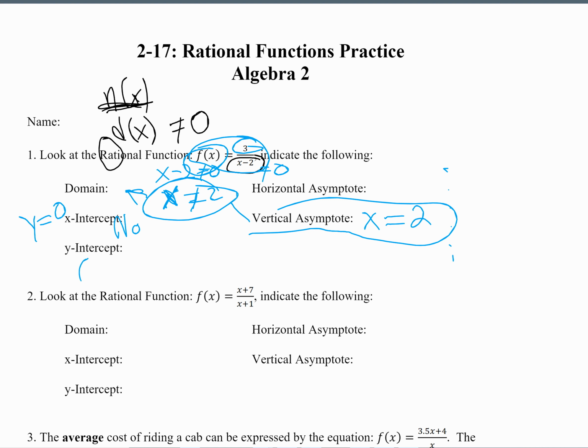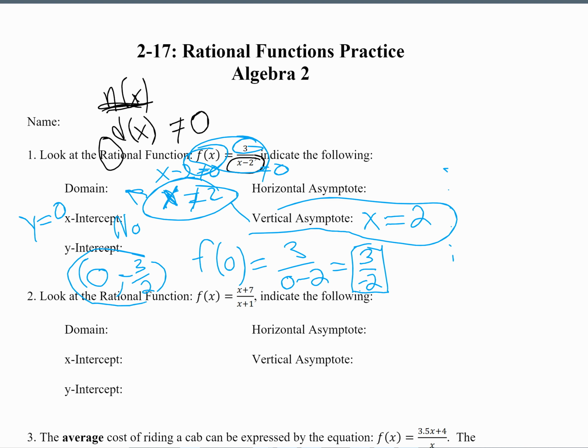Y-intercept is when x equals 0. Well, we know how to plug in when x equals 0. It's just f of 0. So the y-intercept is the same as with polynomials. You plug in x equals 0. You get 3 over 0 minus 2, which is simply 3 over, remember, if you just have 0 minus 2, you have negative 3 halves. The negative sign can be anywhere you want to put it. You can put it up here. It's just the negative 1. There's that, negative 3 halves as your y-intercept, but you really should write it as a point to be rigorous,